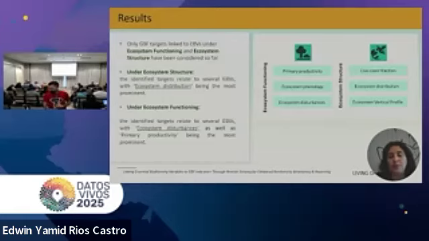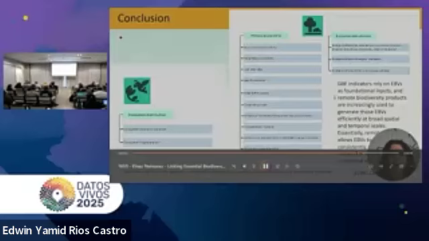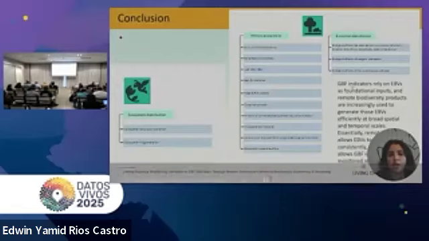Under ecosystem functioning, the identified targets also relate to several EBVs, with ecosystem disturbances and primary productivity being the most significant ones. GBF indicators rely on EBVs as a foundational input. Increasingly, remote sensing biodiversity products are being applied to generate EBVs efficiently across broad spatial and temporal scales, which in turn allows GBF indicators to be monitored reliably and systematically.